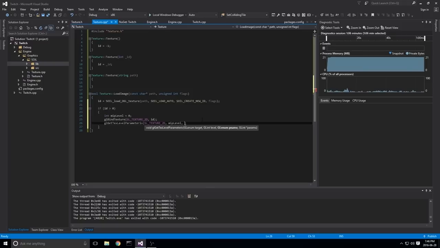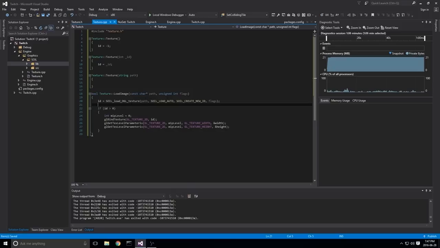And then the parameter we want to pull, given a name, is going to be GL_TEXTURE_WIDTH, there we go. And we want it to store it, and again, it takes a pointer to a GLint, or just a regular int, we can cast that. So we're just going to give it a reference to width, just like that. And then we're going to do the same thing for GL_TEXTURE_HEIGHT, and we're going to pass in our height, which again are member variables that we have in this class.